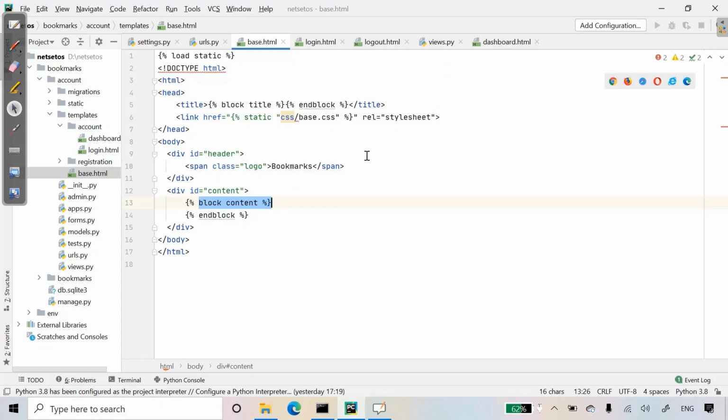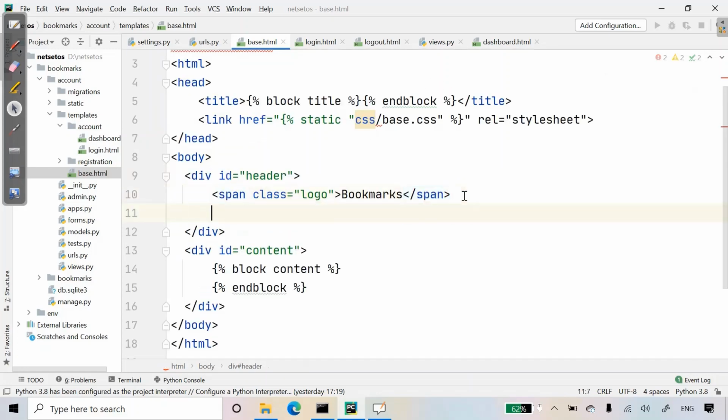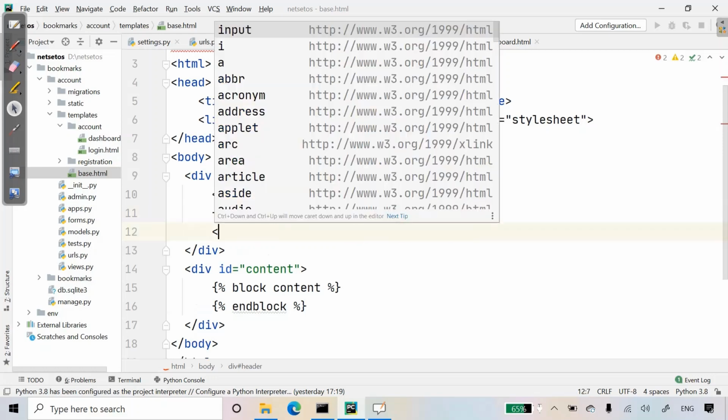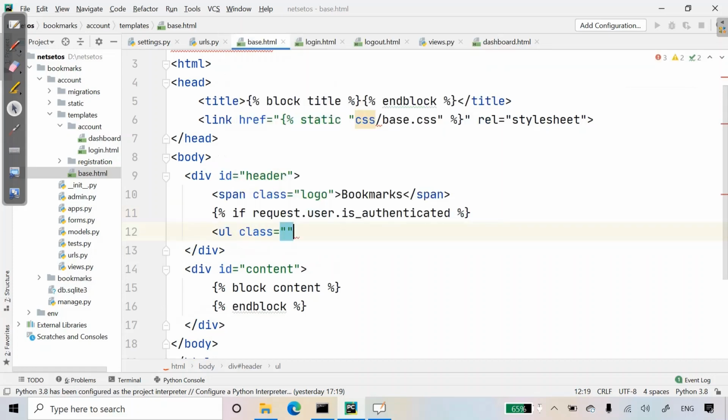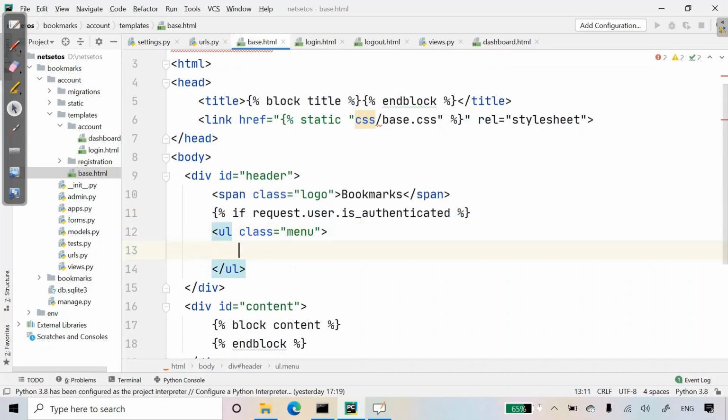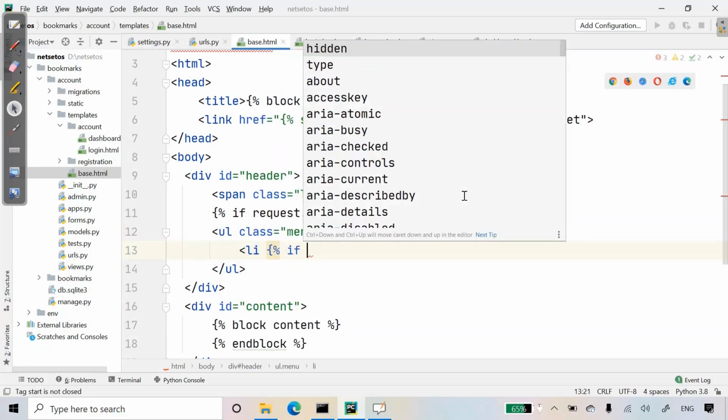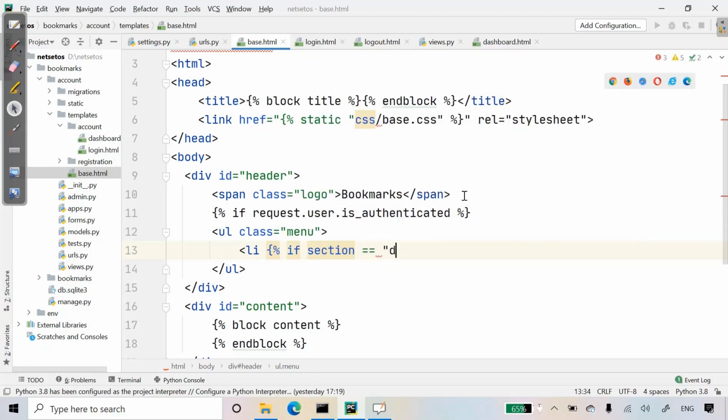So first of all, inside the header, after the span, I'll define if request.user.is_authenticated, it will have a ul with class menu, and here we will have li if section equals dashboard, class will be selected, and here it will end if.